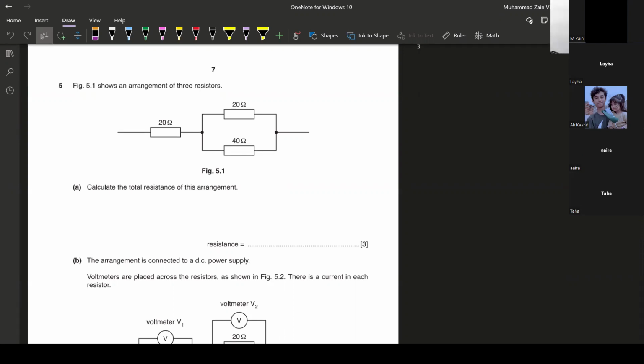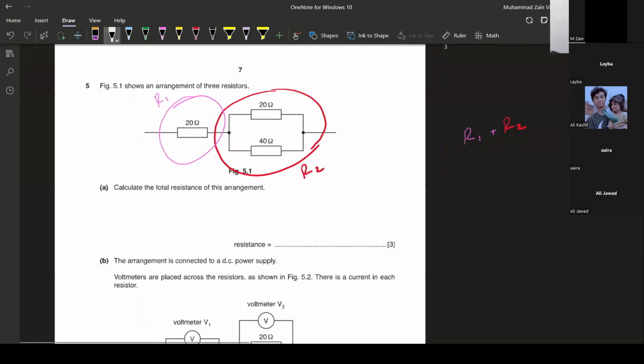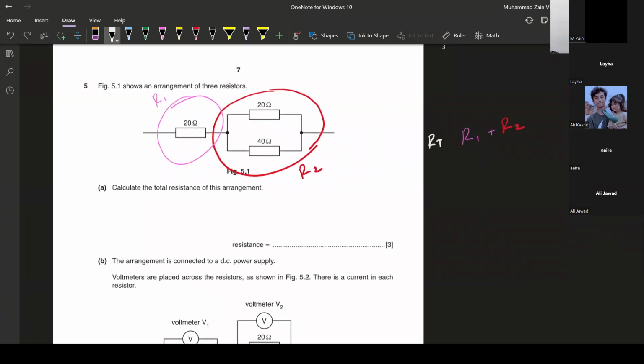So the way to do it is I divide this into two sections. One section would be this, and the other section would be this. I need to add the resistances of both these sections. So R total equals R1 plus R2. I'm calling this whole thing R2, and I'm calling this whole thing R1. And that's my total resistance. Okay, so that's what my equation comes out to. And now the resistance of R1, this pink arrangement, is simply 20 ohms. And for R2, I need to find some stuff. So R2 would be equal to